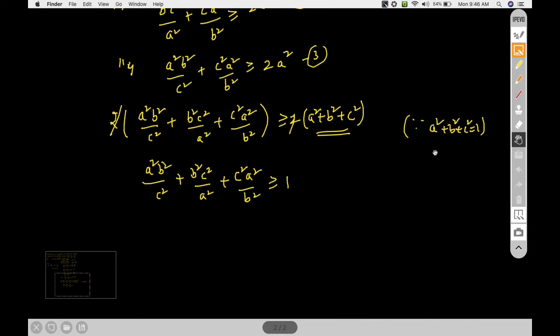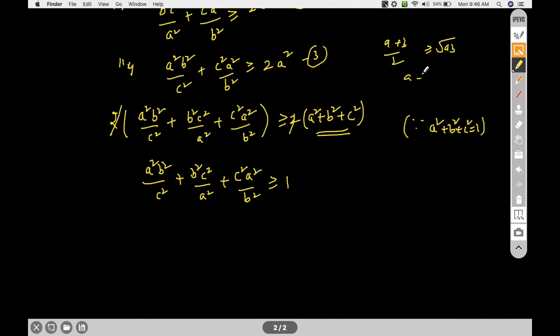In arithmetic mean is greater than geometric mean, when is the equality possible? A plus B by 2 is greater than or equal to square root AB. Equality holds if A is equal to B. If A is equal to B, then what you get: A plus A by 2 is equal to square root of A square, that is A is equal to A. So when A is equal to B, then equality is possible. So when equality holds,